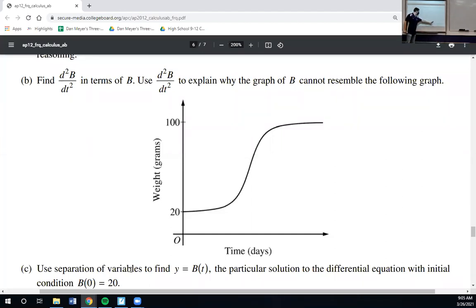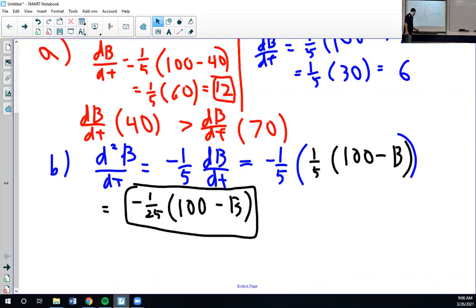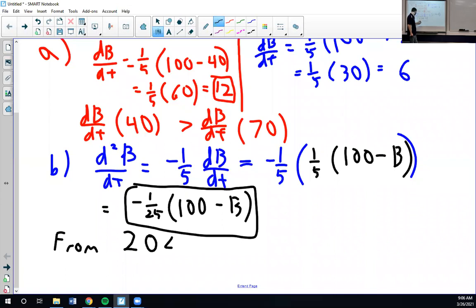Notice it does not give labels for t because we don't need labels for t. Our second derivative is in terms of b right now. So we're looking at when I plug in 20 for b up to when I plug in 100 for b. From the interval of 20 to 100 for b, which is the area that graph is on, the second derivative